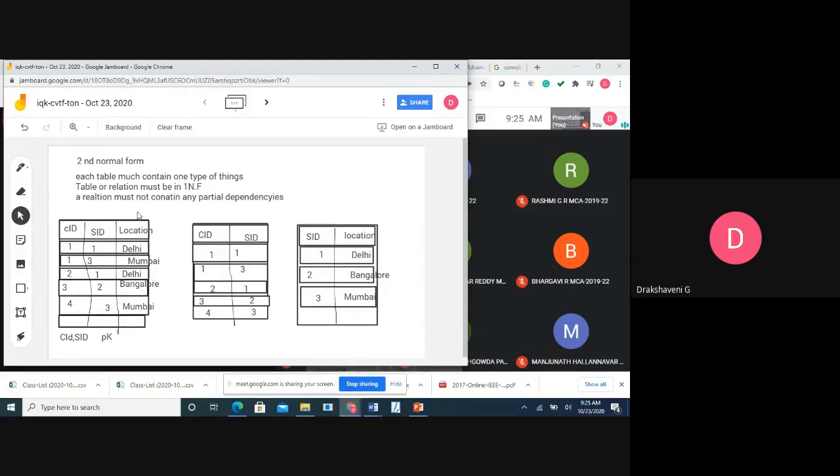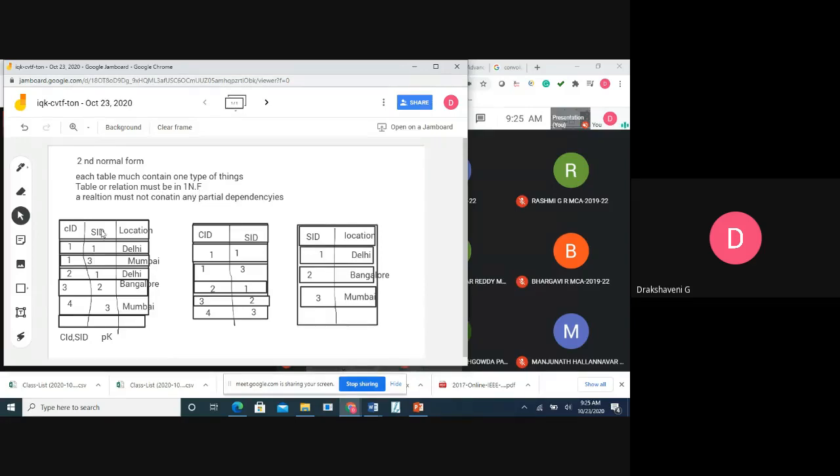But right now, what we have done is second normal form means what? If we say it is in a second normal form, first it should be in the first normal form. First normal form means, as we have seen in the last class, it should not have a multi-valued attribute. I have taken some example where Rashmi was there and she was taken two subjects, C and C++. And she may take so many subjects like this. So that we have seen in the last class, first normal form.